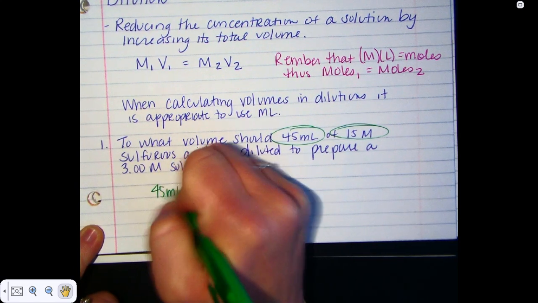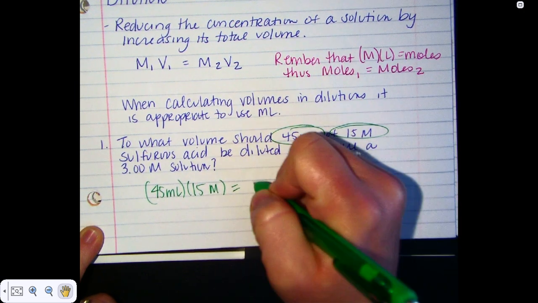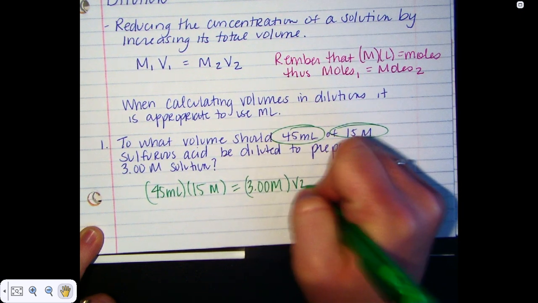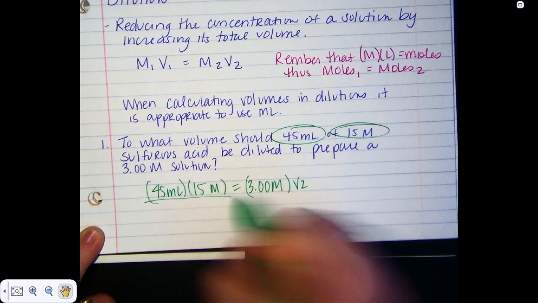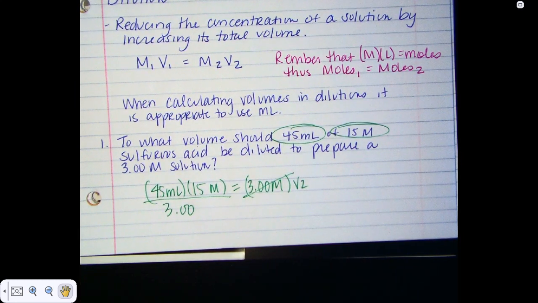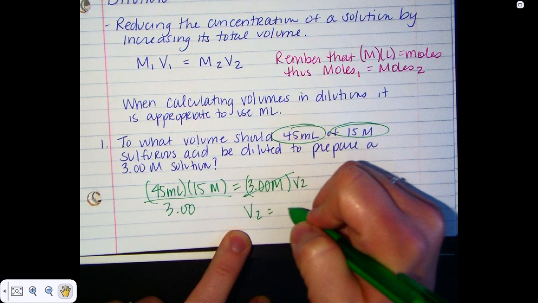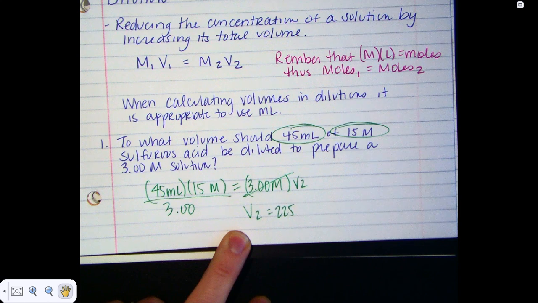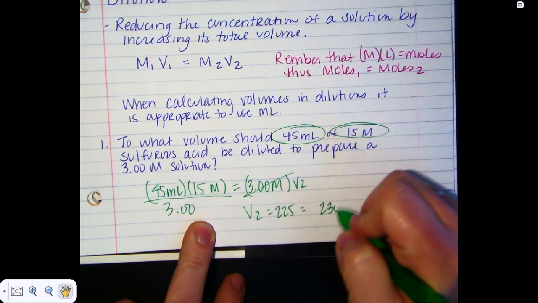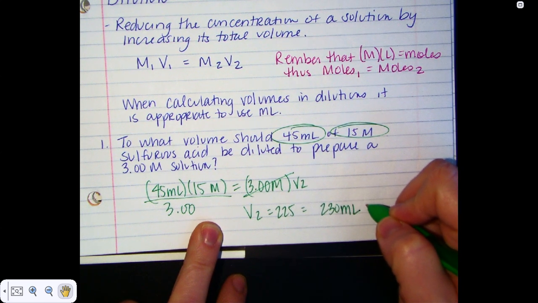So 45 milliliters times 15 molar is equal to 3.00 molar V2. So really what I'm going to do is take 45 times 15 and divide it by 3 molar, and that's going to give me my V2. When I calculate that, that gives me a V2 equal to 225. Then considering my sig figs, it looks like I can keep 2. Yeah, 2. So this is going to be 230 milliliters of sulfurous acid,